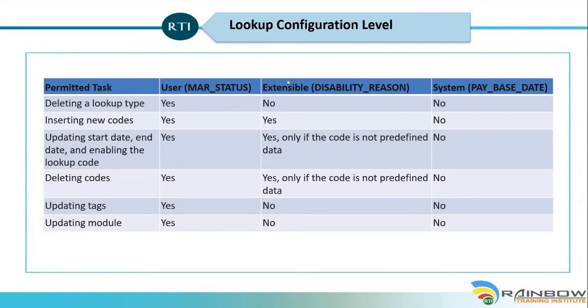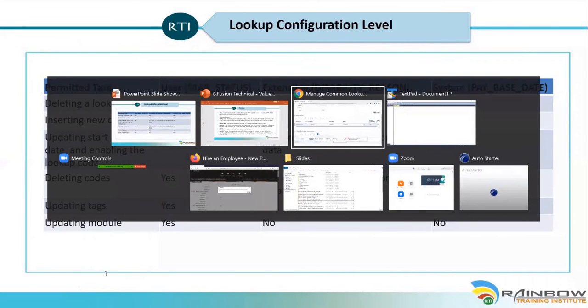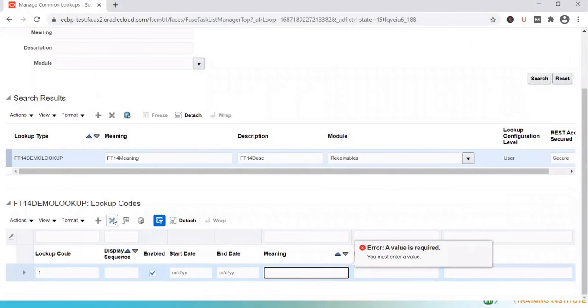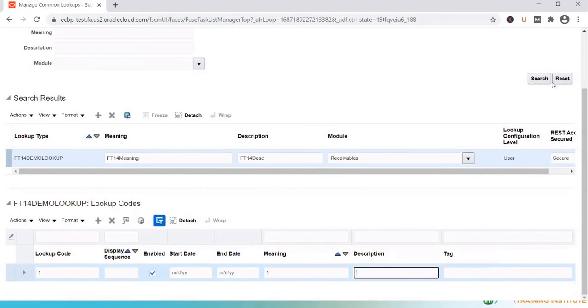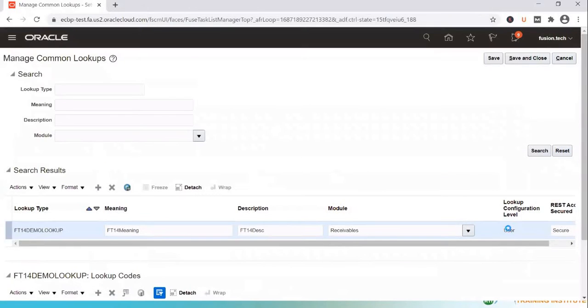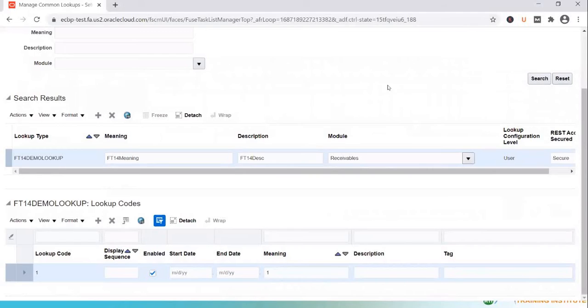A lookup can have a configuration level of user, extensible, or system. When you create a new lookup, it will have a configuration level of user, which means you can perform any action on the lookup. Like you can add your own entries in there, you can delete the entry that you have added, and you can do pretty much anything you want in there. Okay, so that's because the lookup configuration level was user.